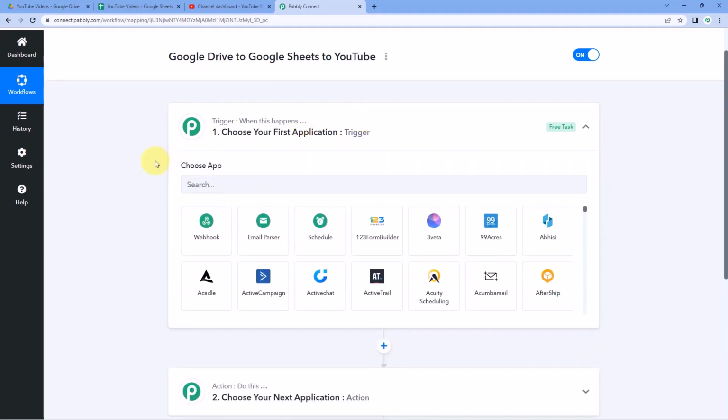So the idea here is first we have to get the details or the data of the video file which we are uploading on our Google Drive inside Pabbly Connect. So we are going to connect our Google Drive account with Pabbly Connect and get the new files in our specific Google Drive folder. Then after getting that file, the file which we will be uploading on Google Drive will have the exact same file name as the title of our YouTube video. So we are going to get the file name from that response and then we are going